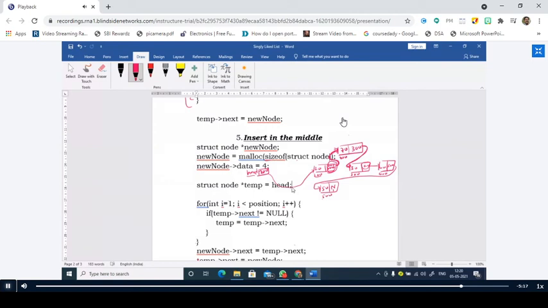Okay, sir. Deleting a node at the middle means the user will be giving the position and then you have to delete it, right? So for deletion, what you have to do? You have to move to the previous node. For example, I want to remove this node. Listen carefully. Which node? The node which is located at 300, right? So I want to remove the node which is positioned at 3. The third node should be deleted.